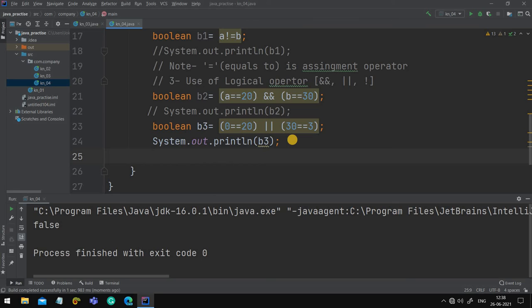Now it's time for the last one, that is logical NOT. See, the logical NOT operator is used when you want the condition to be false and the result should be true. See, this is a bit of confusion. Listen to me very carefully at this moment. Okay, let's create one more boolean. Now let me give you a condition. What was the sign for logical not? It was this one. Let me give you a condition: 1 is equals to 2.